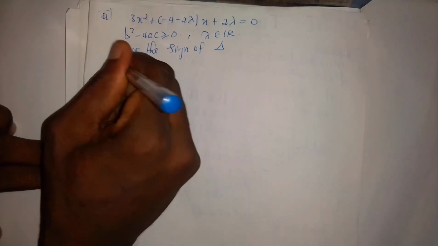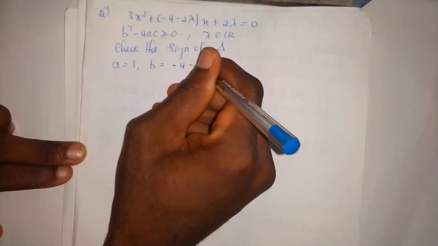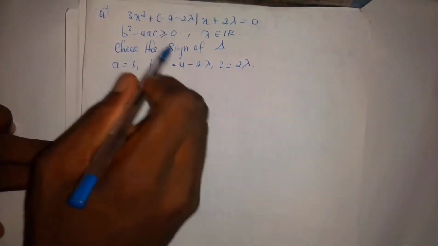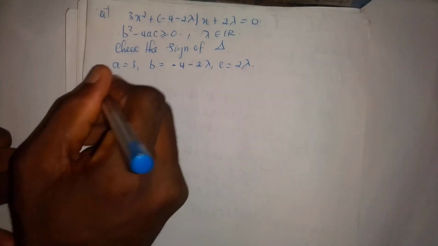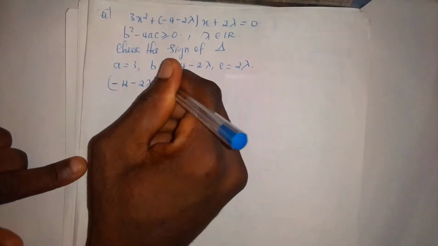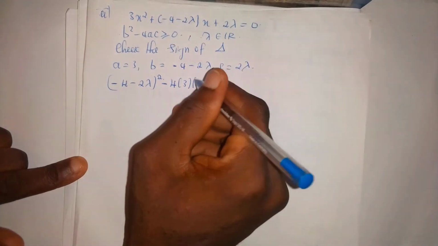Call it delta, where delta is known as the discriminant of that equation. And so we have b squared, our a is 3, our b will simply be the coefficient of x, negative 4 minus 2 lambda, and our c will be 2 lambda. And so from here, b squared minus 4ac will simply be negative 4 minus 2 lambda, all of that squared,